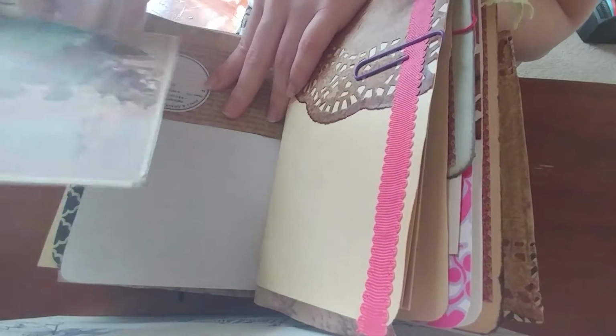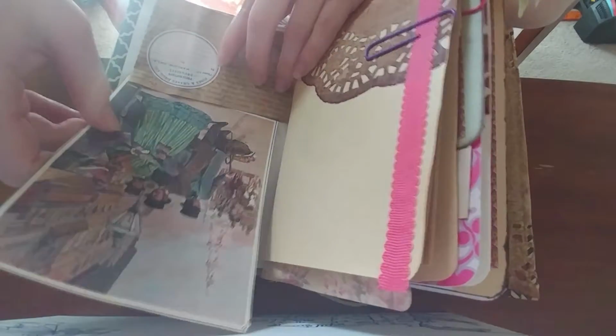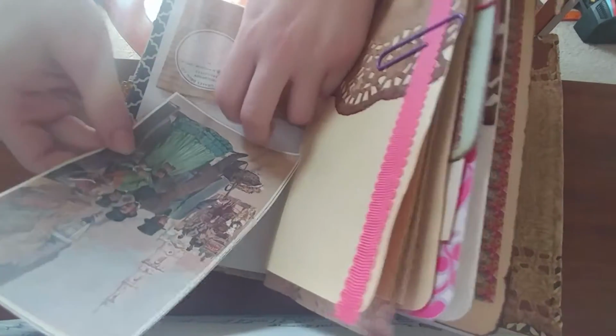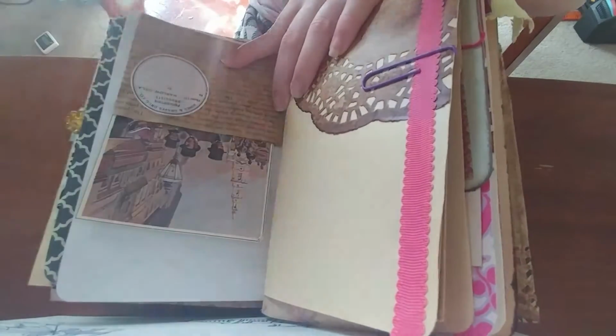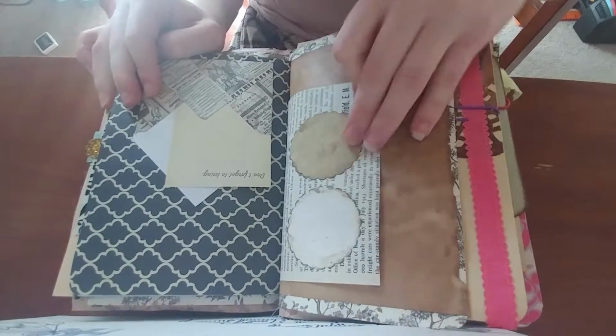I know that most people would be like, oh, just trash that, get rid of it, it's already written on, but I thought that was kind of neat and added character to the fact that this was a book that belonged to someone else previously. I just think that things like that are very charming and cute. So there's that page. We turn to the back, we have some lovely coffee dyed paper, some little spots to write on,